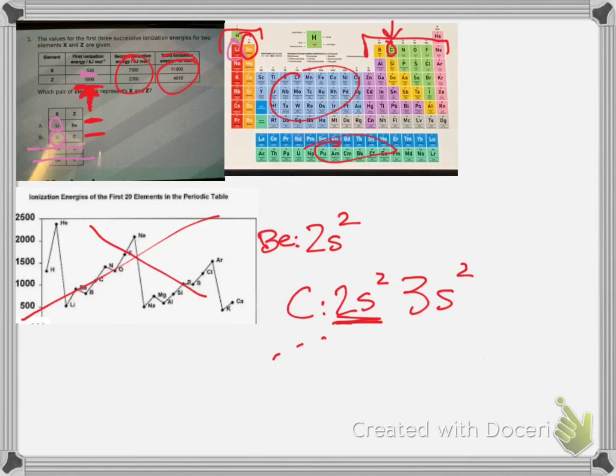However, for carbon, since carbon has electrons in a new level or a higher level, the second ionization energy, which is the energy it takes to remove an electron from a +1 ion, is not the energy it takes to remove two electrons together. It's the energy it takes to remove one electron from an ion or an atom that has already lost one electron. So the second ionization energy right over here, the 2350, is for carbon,